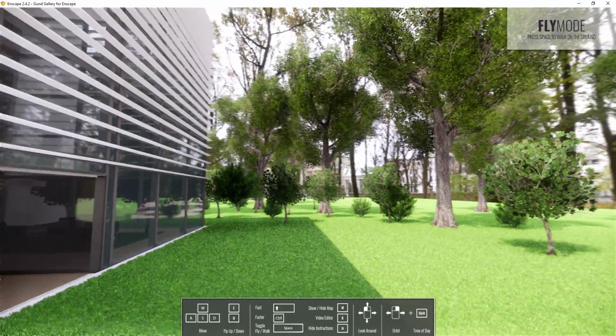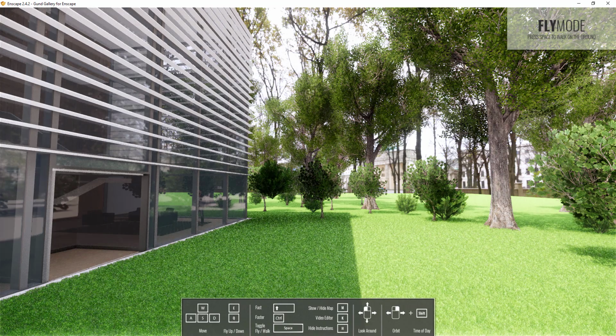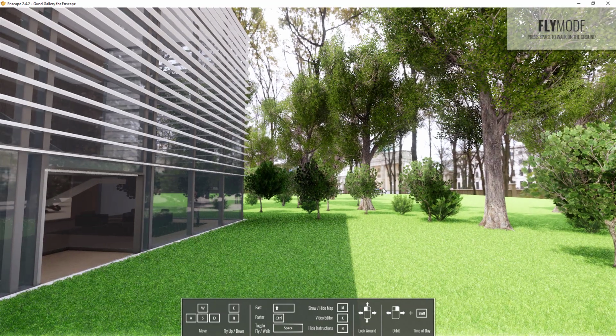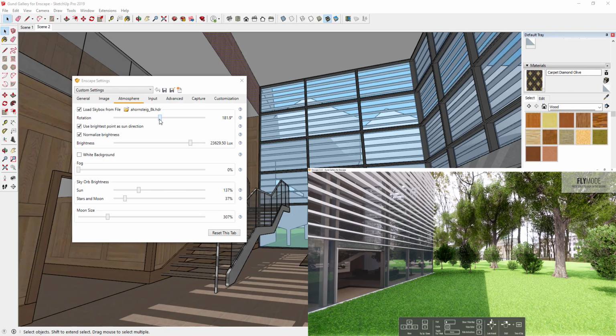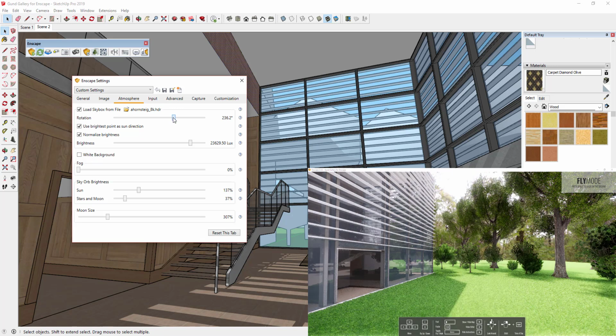And one thing to note about this is when you bring in a file like this one, if I hold the shift key and click and drag, you can see how my shadows aren't changing anymore because it's now using the lighting from the HDR file in order to light this image. And you can adjust the rotation on that as well just by clicking and dragging the rotation